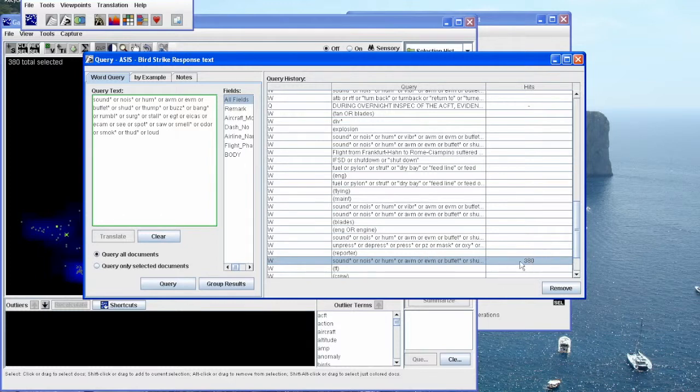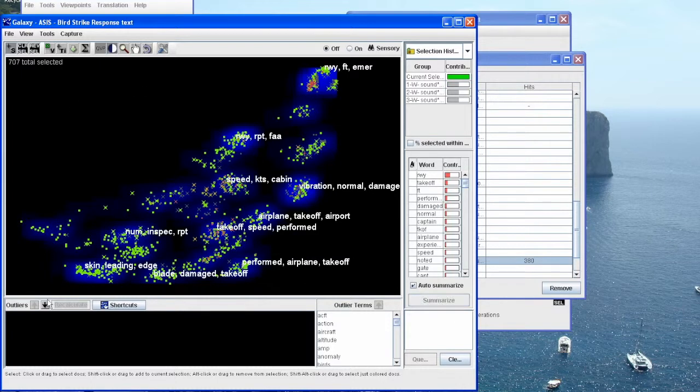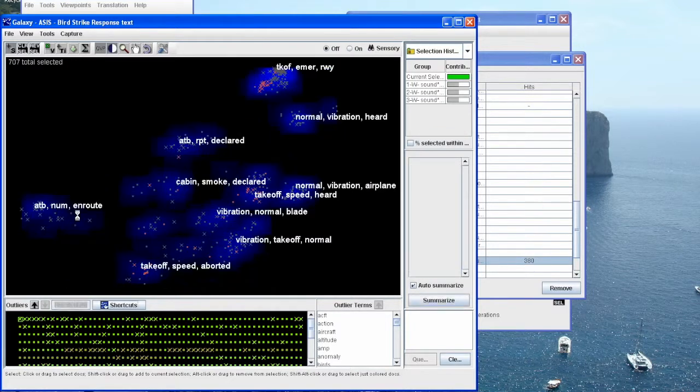This query generated 380 records out of our 1,087 using words like sound, noise, hum, stall, odor, and rumble. Those records are then highlighted in green in the galaxy view. Moving the other 707 documents to the outlier bin and then updating our view gives us a summary of only our searched records. The word vibration occurs quite frequently,